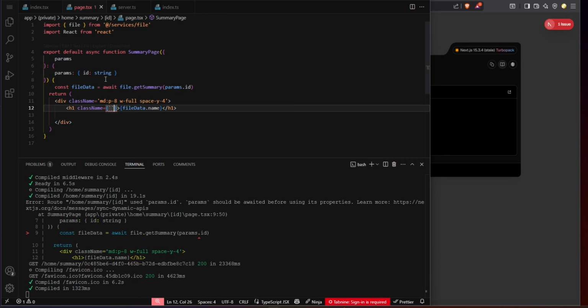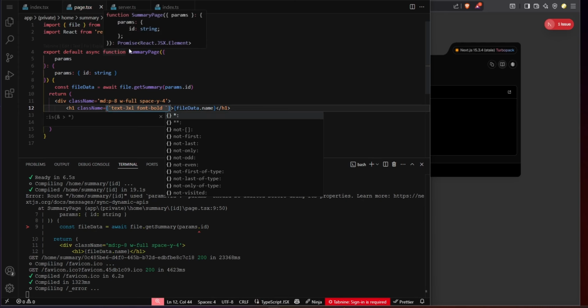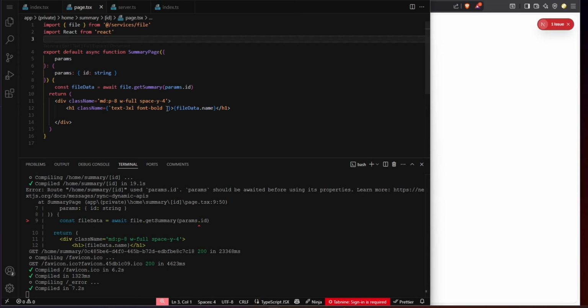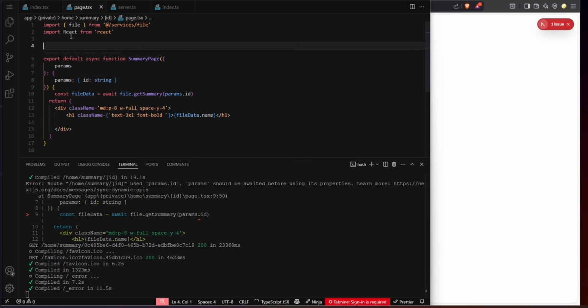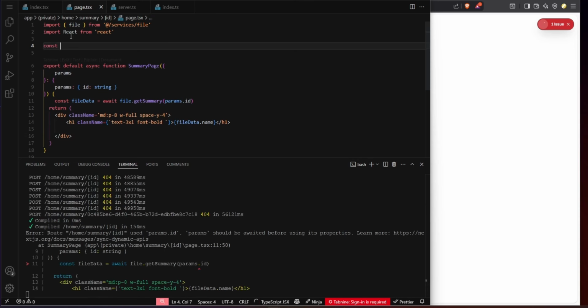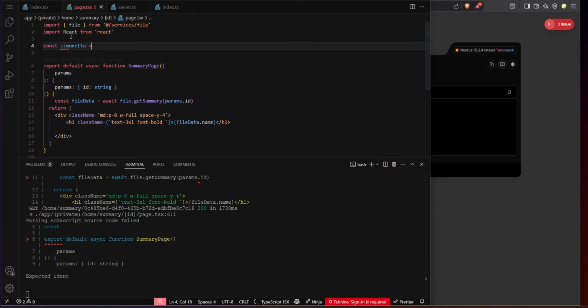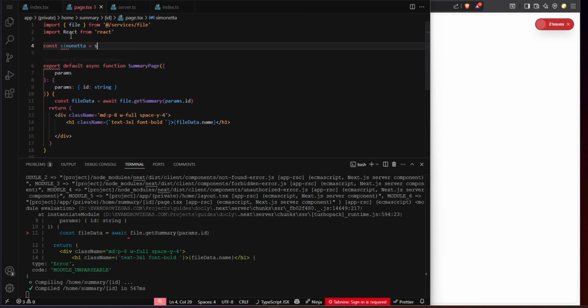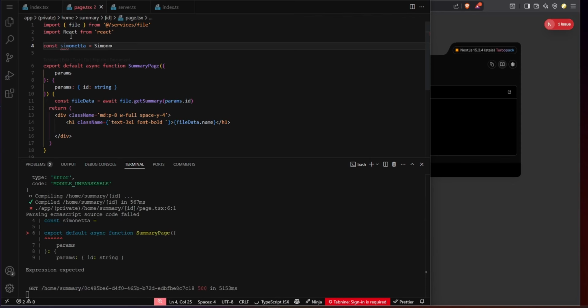I'm going to say text-3xl and then font-bold. The reason this is going to be dynamic is because we're going to use a Google font. So first I'm going to declare the font. The font is named Simonetta. We already used this a couple of times. And then we're going to import the Simonetta class